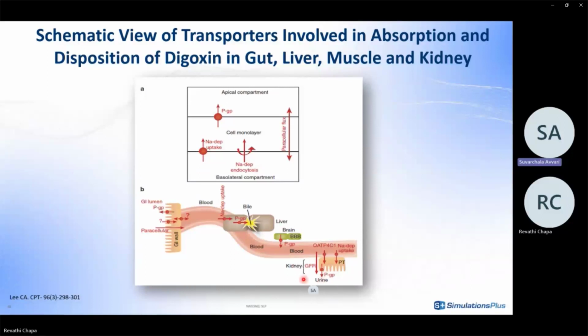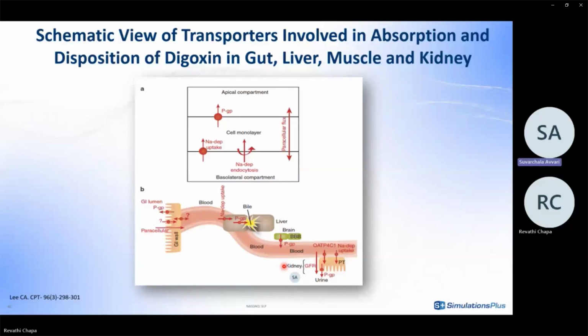When it comes to metabolism, digoxin is not metabolized to an appreciable extent, although a lactone ring reduction by gut bacteria following oral administration has been observed in some subjects. And because of the absence of CYP-mediated metabolism, which is unique to humans, it can be extensively found in animals.